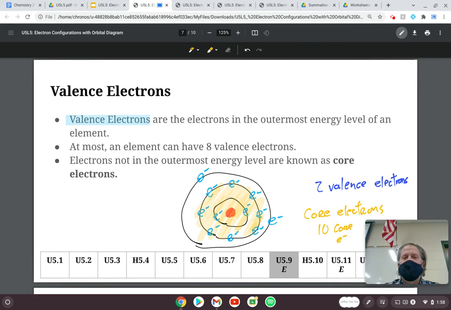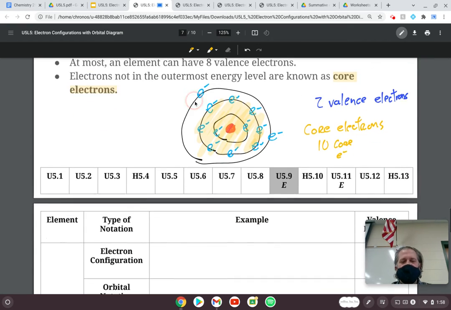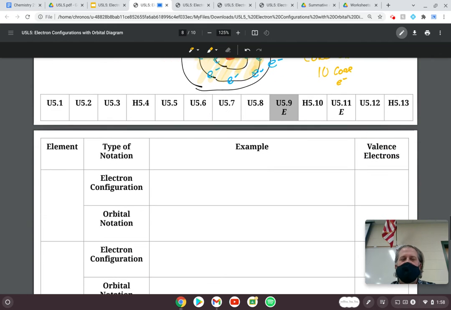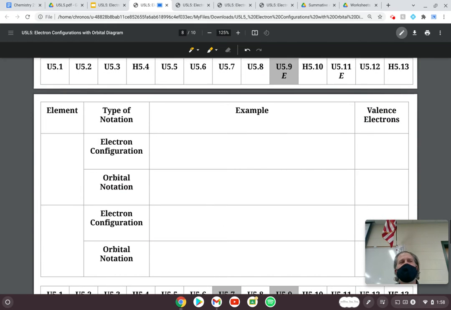Okay, so now we've got core electrons and we've got valence electrons. And at some point, you're going to have to know how to identify both of those. So now we have enough information that will allow us to start writing something that we call electron configurations or orbital notations. So we're going to start with an element,